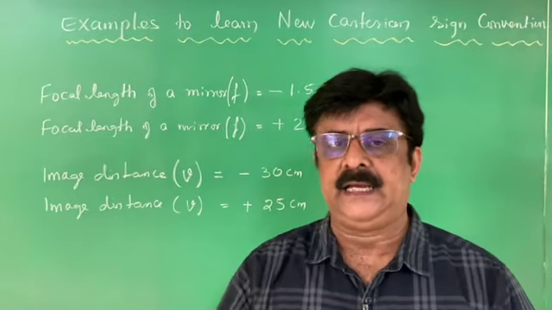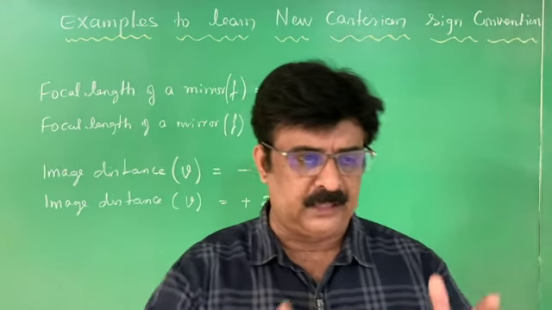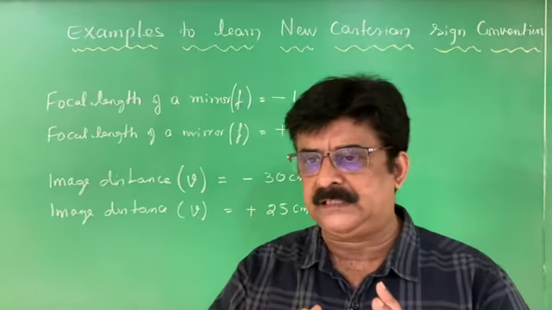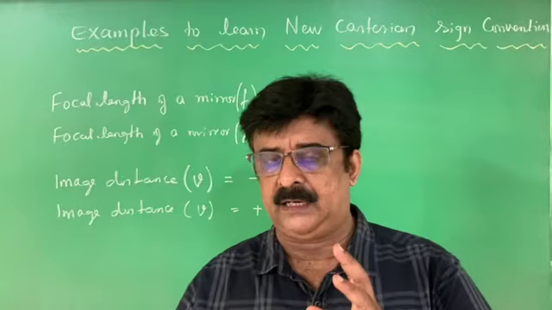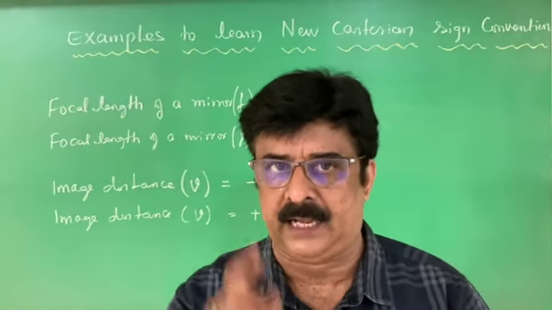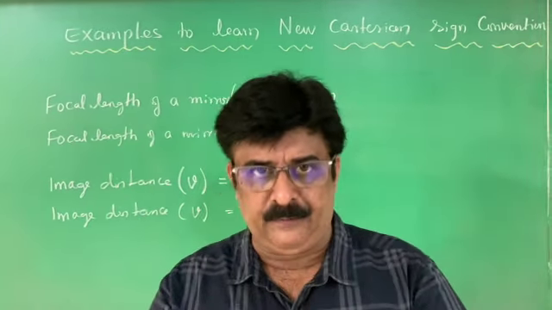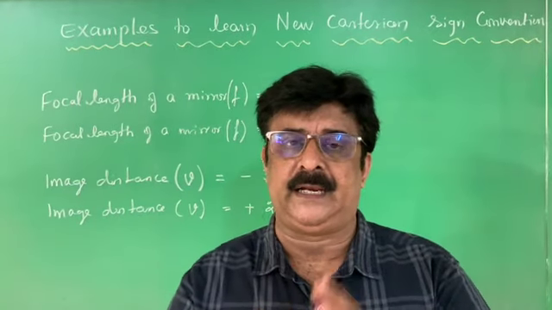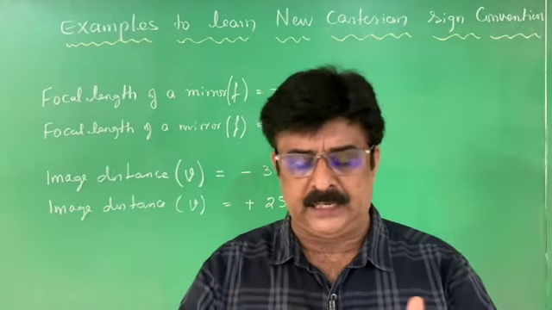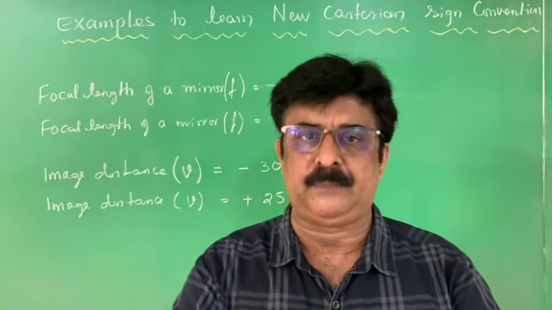The second thing is regarding the focal length. We have two different types of spherical mirror. One is called the concave mirror, another one is called the convex mirror. In the case of a concave mirror, the principal focus is in front of the mirror, therefore the focal length is negative in the case of a concave mirror. I repeat, focal length of the concave mirror is negative. Same way, focal length of the convex mirror is positive because it is in the right side of the graph. Right? Focal length of the concave mirror is negative, focal length of the convex mirror is positive.